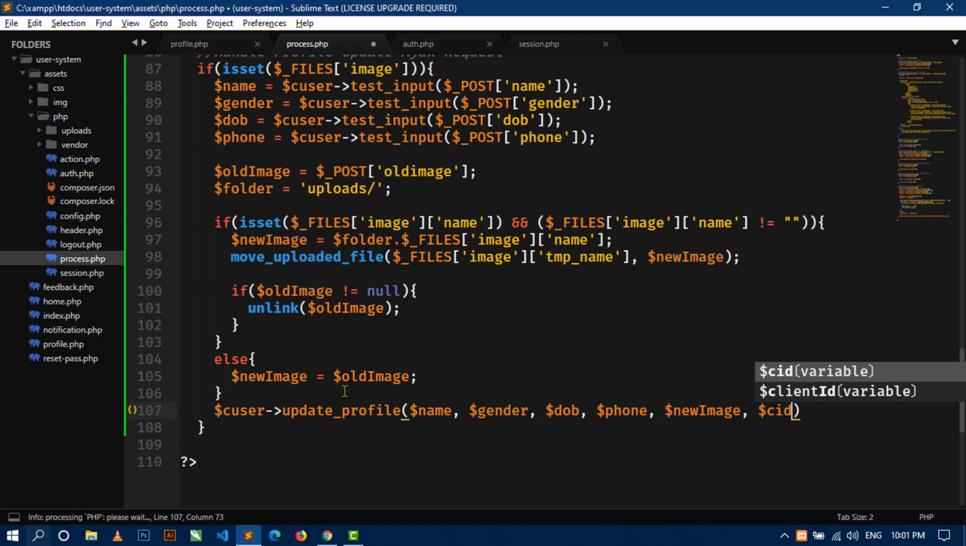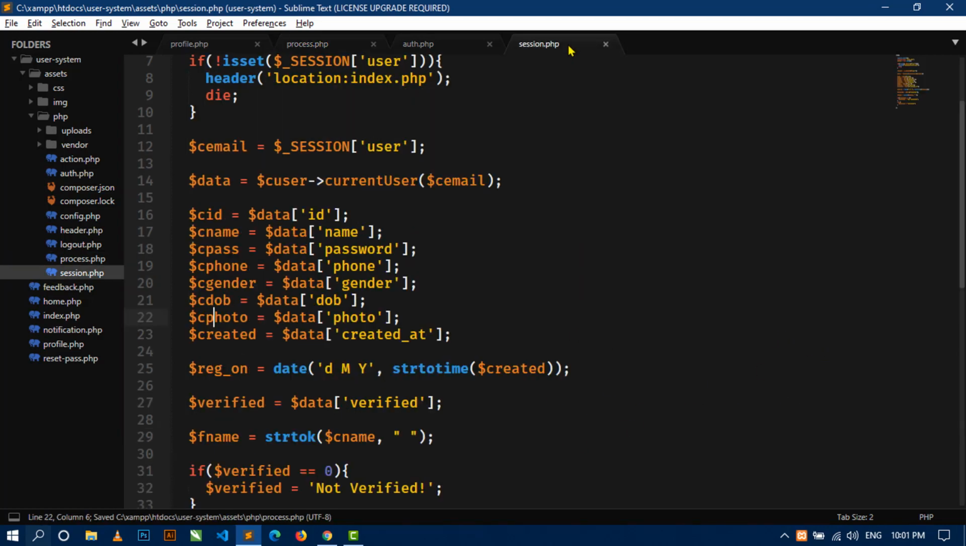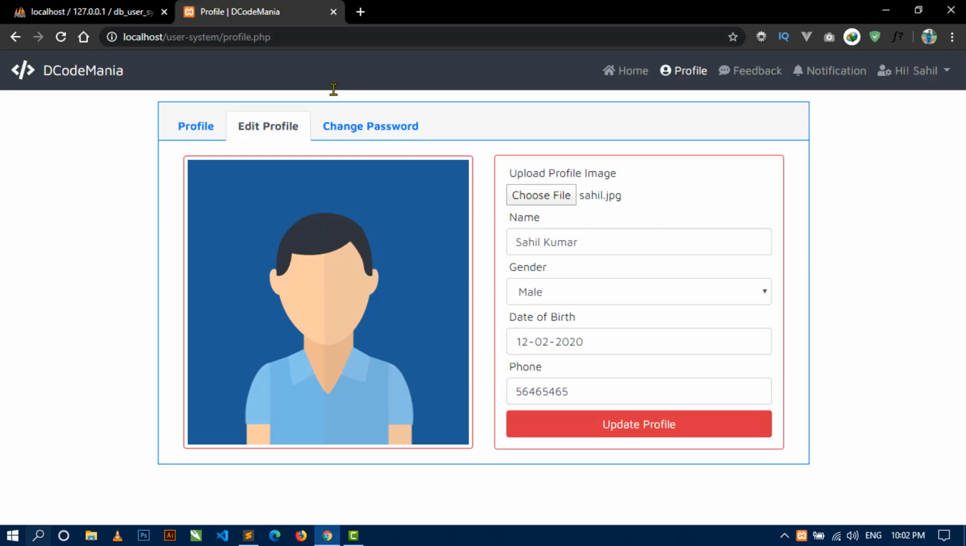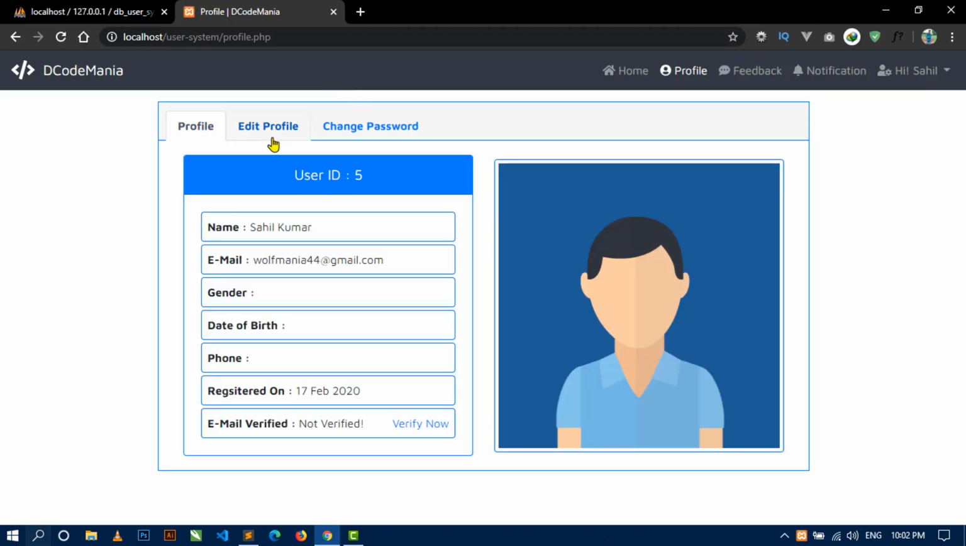Okay, so here I will write CID, and this CID is already defined in the session.php file. Here you can see CID, and this CID stores the current ID of the logged in user. Okay, now if we go to the profile page, and refresh this page,